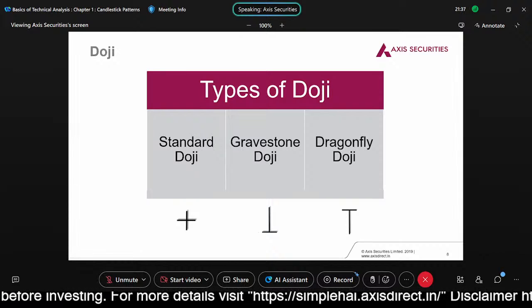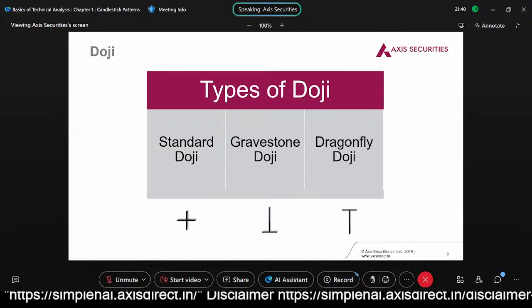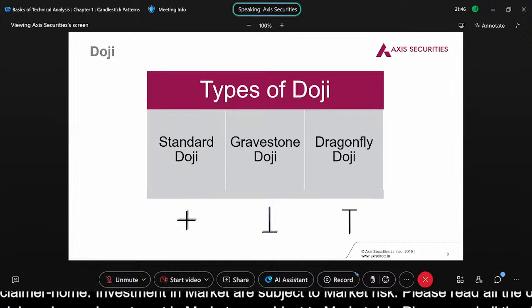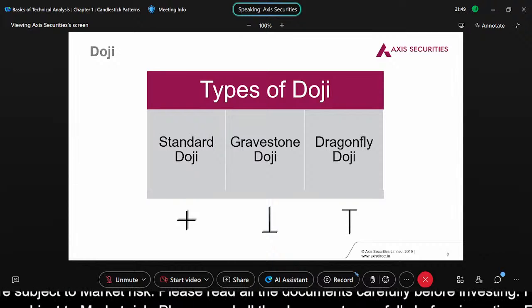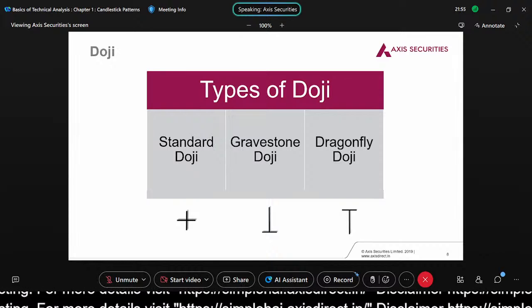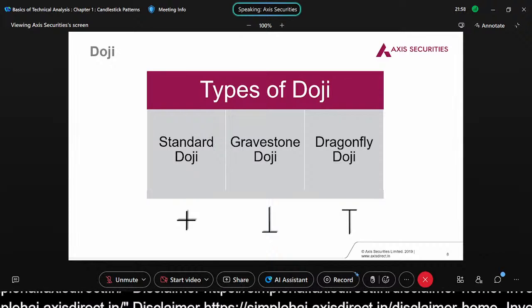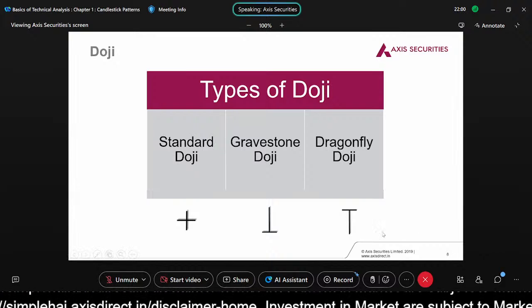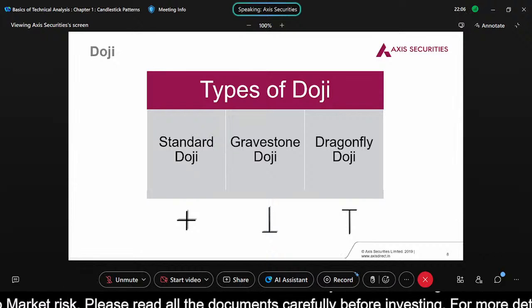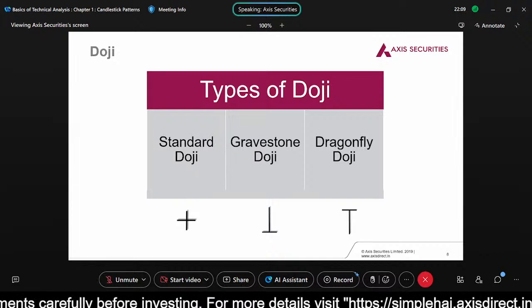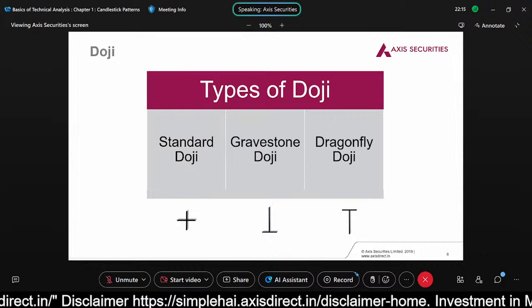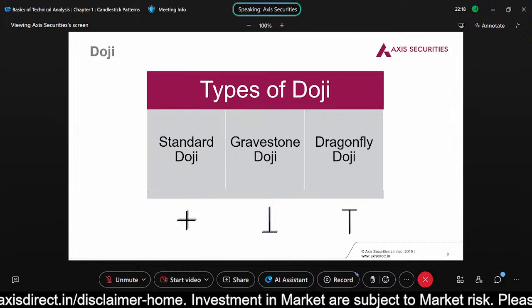So similarly इसका एक opposite बन जाता है ड्रैगन फ्लाई डोजी। अभी ड्रैगन फ्लाई डोजी में क्या होता है? से फॉर एग्जाम्पल देयर हैज बीन अ कंटिन्यूअस फॉल, और कोई एक पैटर्न ब्रेकडाउन था, एंड द बेयर्स थॉट दैट वी आर इन कंट्रोल, लेकिन एक ऐसा लेवल आ जाता है जहां पे द फॉल स्टॉप्स। एंड व्हेन आई से स्टॉप्स, मेरा एम्फेसिस स्टॉप पे इतना ज्यादा है बिकॉज ये नीचे जाने की कोशिश कर रहा था। अगर इसमें विक है मतलब इट वाज ट्राइंग टू गो डाउन, बट द बुल्स दे डिड नॉट लेट द मार्केट गो डाउन एनी फर्दर, दे पुल्ड इट फ्रॉम द लो, एंड लो के पास से भी ऐसे पुल किया कि इट क्लोज नियर द सेशंस ओपन और द सेशंस हाई।